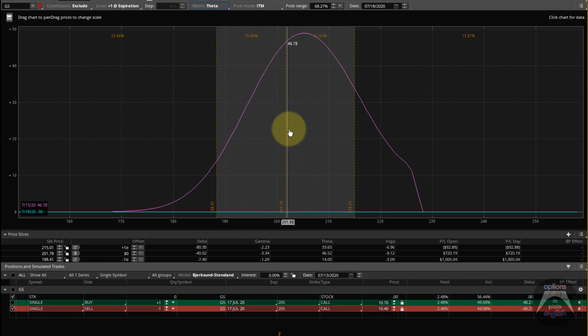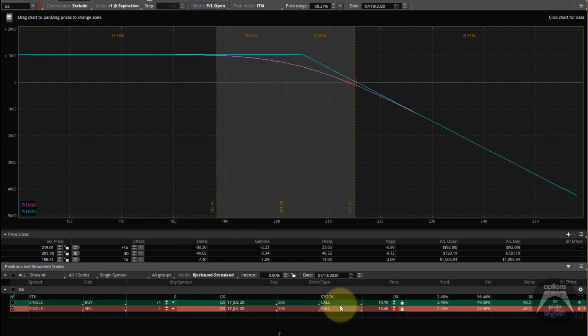Okay. You can see that it's only the money. So when you're very close to expiration, theta is mostly affecting the ones that are around the money. Since we're simulating the passage of time here, you can see that the theta itself is changing and it's concentrating around the money. But we're going to switch back to P&L so that you can see how theta